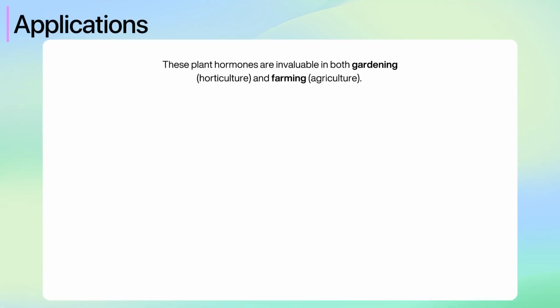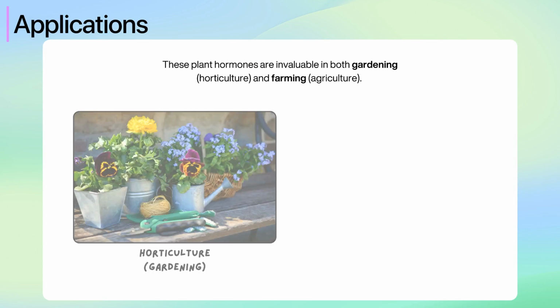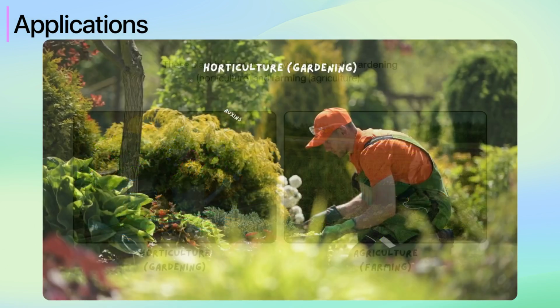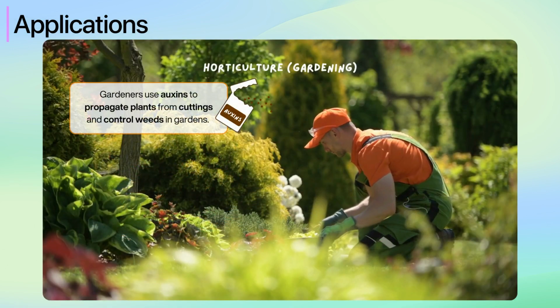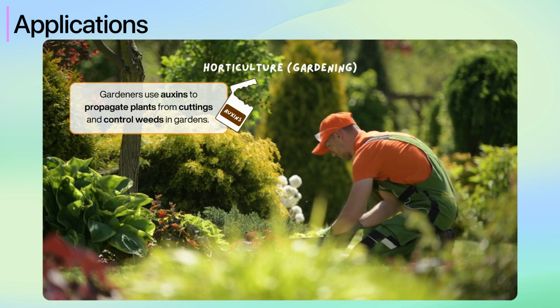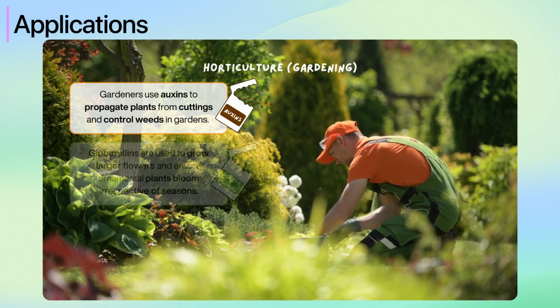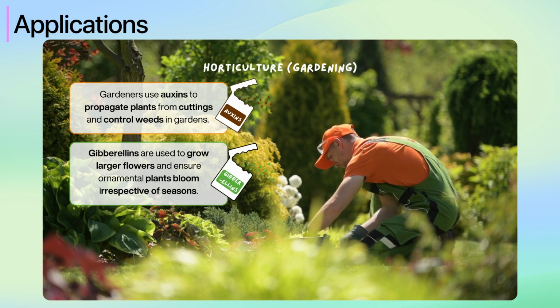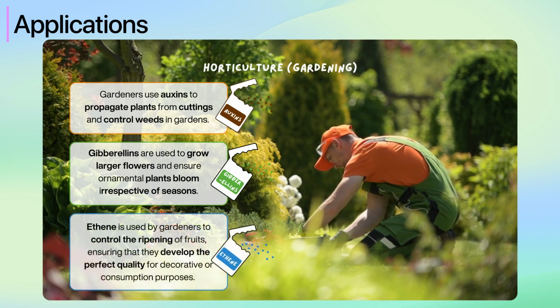These plant hormones are invaluable in both horticulture, gardening, and agriculture, farming. In horticulture, gardeners use auxins to propagate plants from cuttings and control weeds in gardens. Gibberellins are used to grow larger flowers and ensure ornamental plants bloom irrespective of seasons. Ethylene is used by gardeners to control the ripening of fruits, ensuring that they develop the perfect quality for decorative